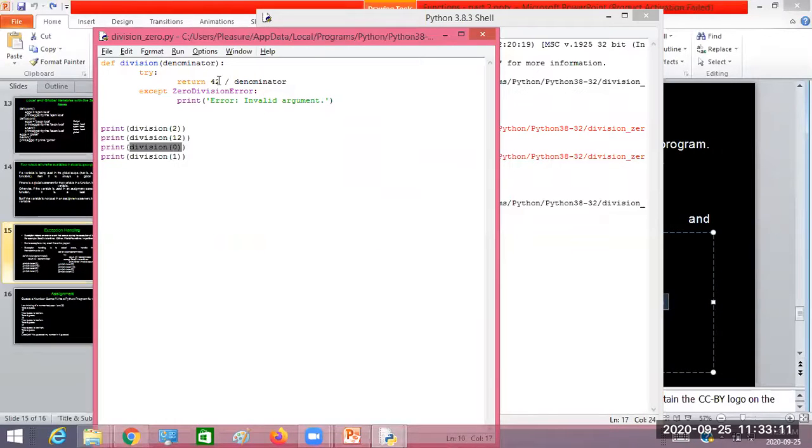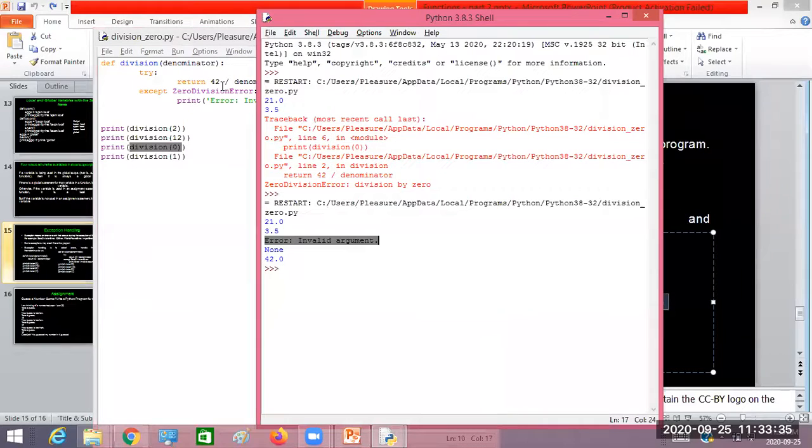Since this operation is in error for the third function call, it is going to return None. Yesterday I discussed None. When there is no value from the return statement, it is going to return the value called None, empty. Is that clear?